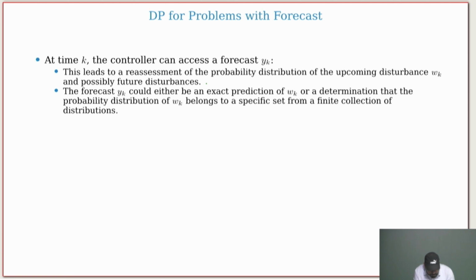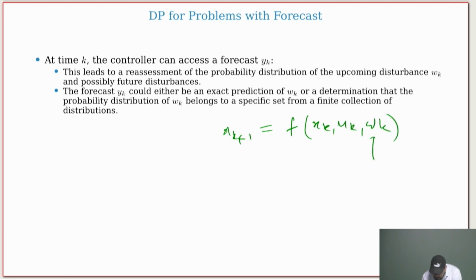So the forecast yk could either be an exact prediction of wk. So let's say the disturbance that we are going to expect, it will tell us exactly, or a determination that the probability distribution of wk belongs to a specific set from a finite collection of distributions. Now remember, in our model, what we have is xk plus 1 is some f of xk, uk and